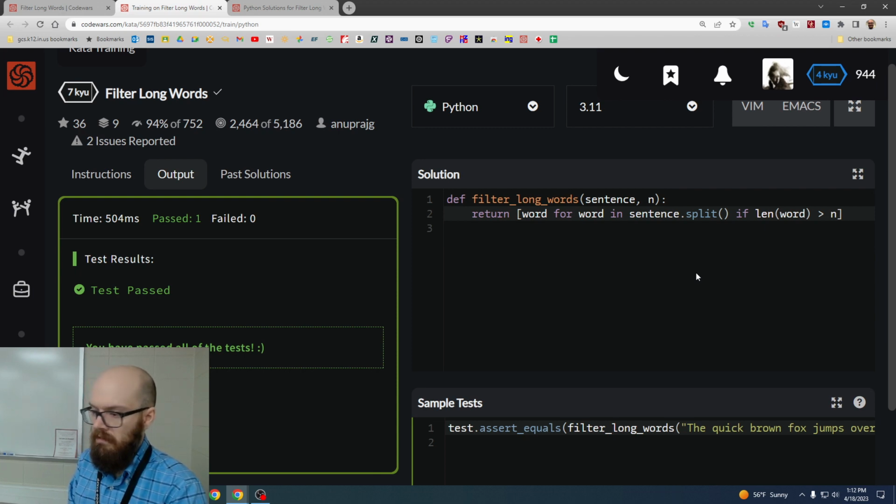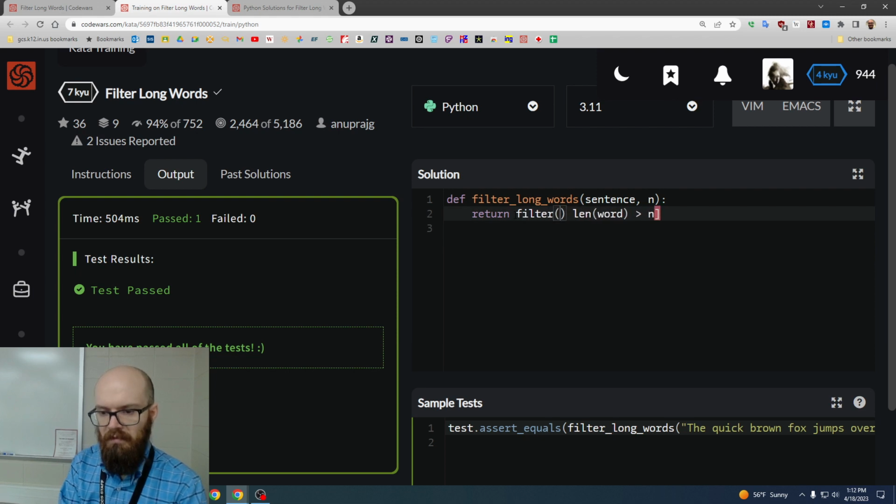There is a function called filter. If you use the function called filter, there are two parameters. We have the test, the function that we're applying to the stuff, and then we have the stuff, the sequence, or in this case, the words. So we could say filter, let's keep this part because that's going to be what we use in a second. And then we give it the test, the function that we're applying, which in this case is, are you long enough? And we're going to use a lambda,